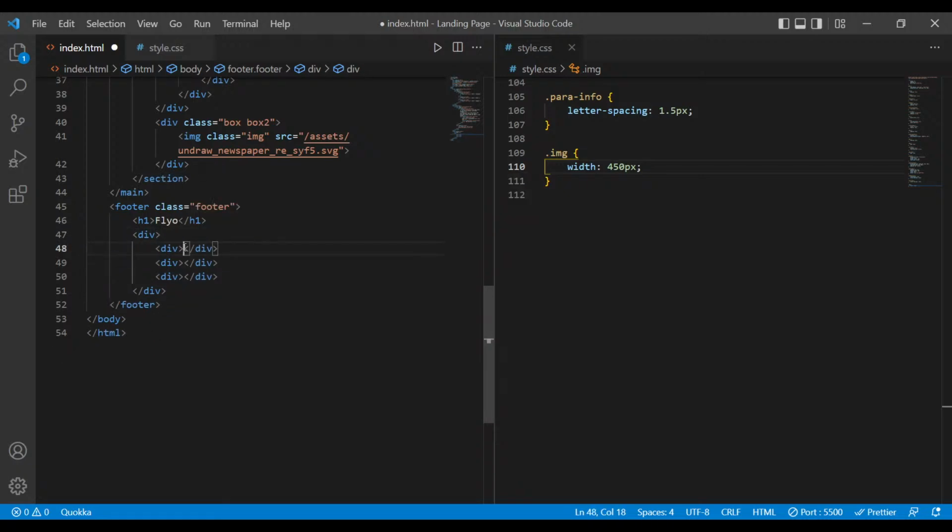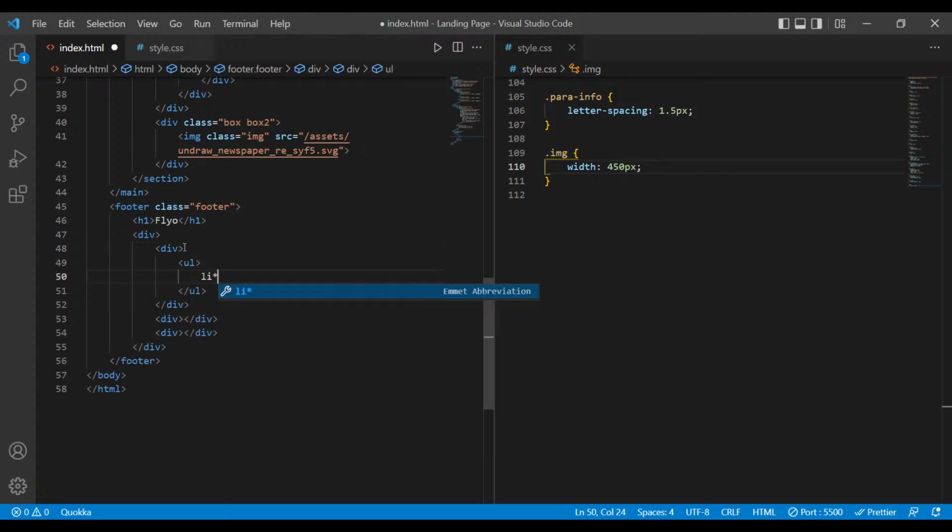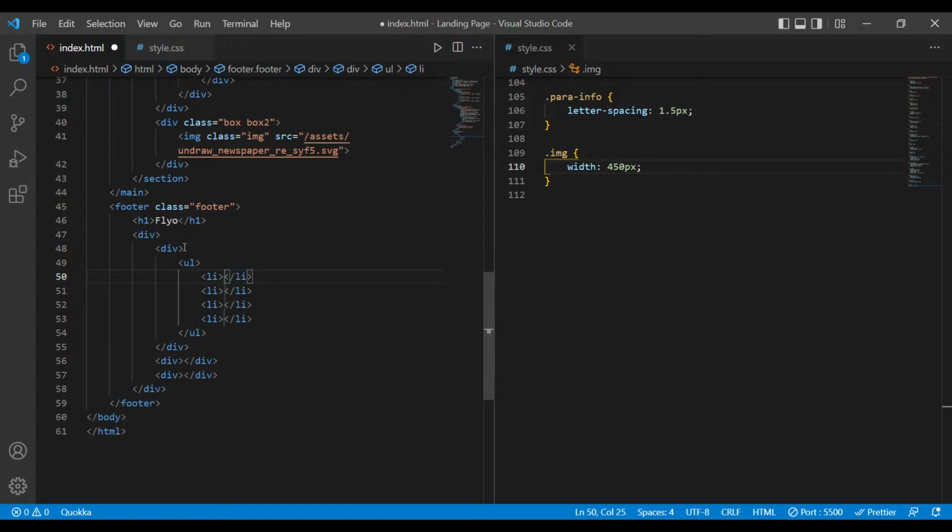I'm going to create a UL. And in the UL, I'm going to create 4 li. The first li is about us. Then there is jobs. Then there is press. And then there is home. Okay. So if I save it, and then if I go back to see the footer,